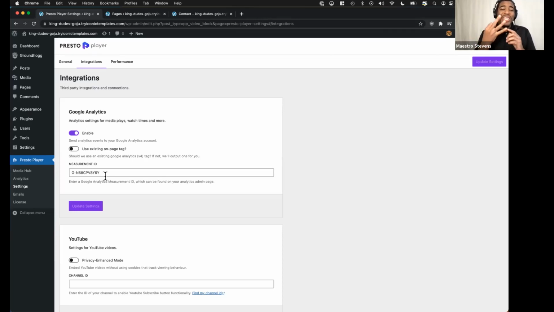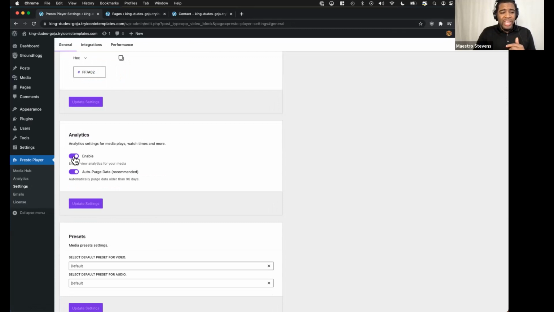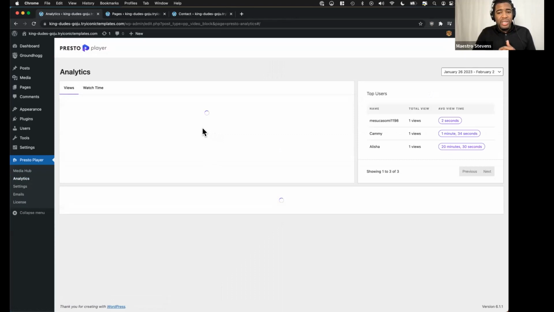So there's 3 different ways you can see analytics and get information and metrics about what's happening on your website. One way is in the contact's activity. Another way is through Google Analytics. And then the last way is going to be through PrestoPlayer's analytics. Enabling that right here. So if you enable that and then you go to analytics,